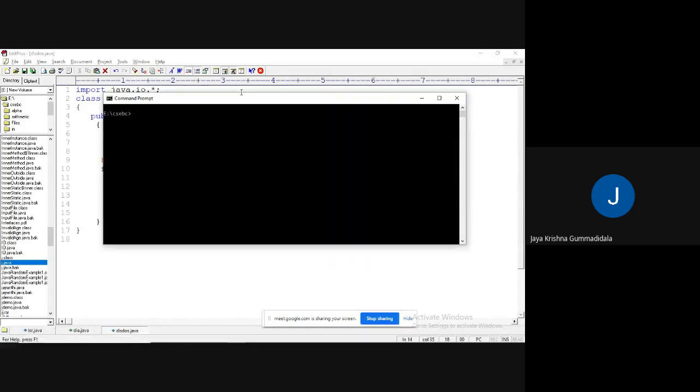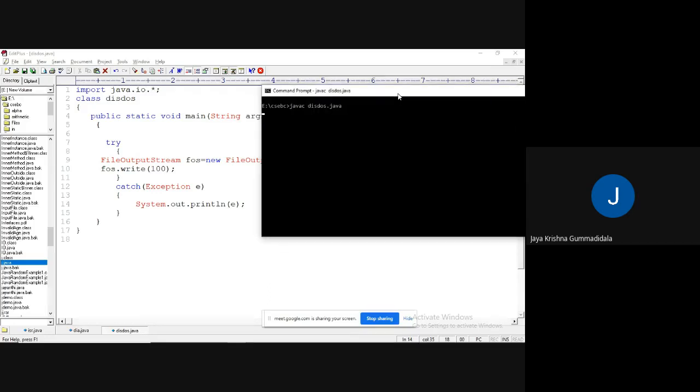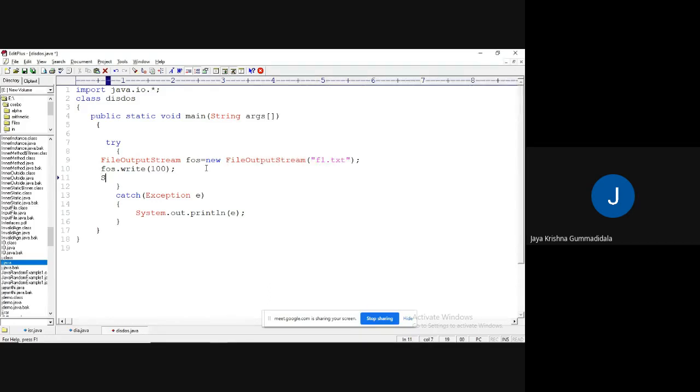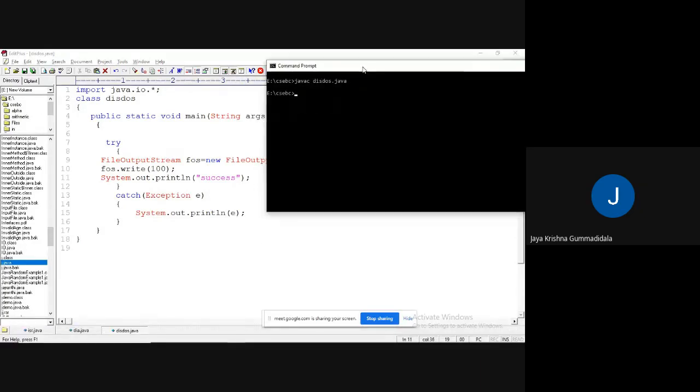Okay, let me try to execute: javac, then the file name dot java. It is successfully compiled.